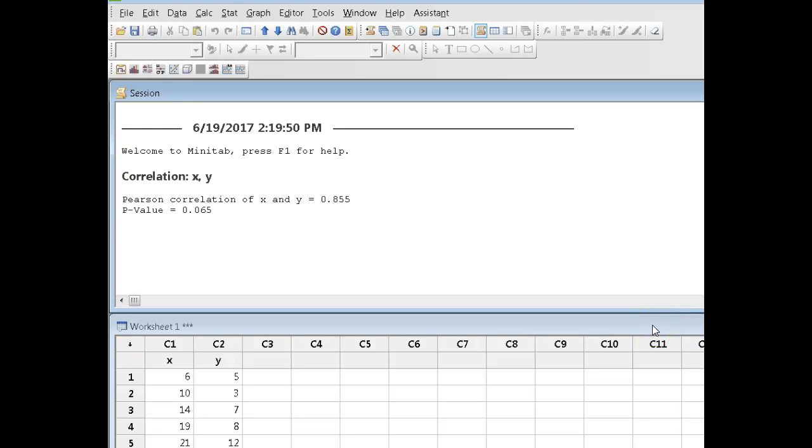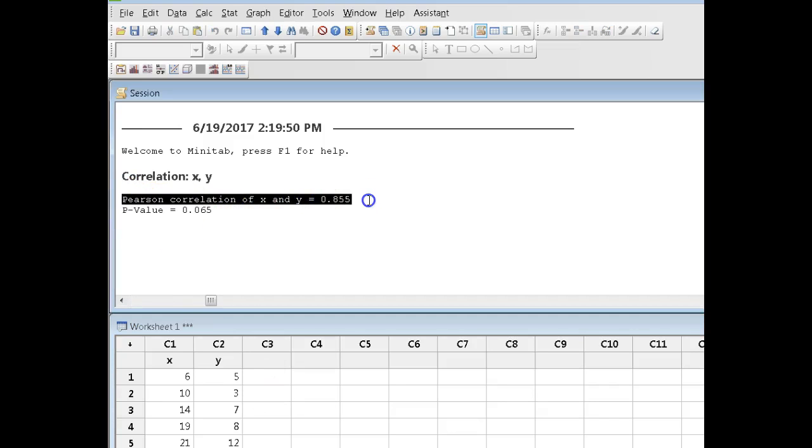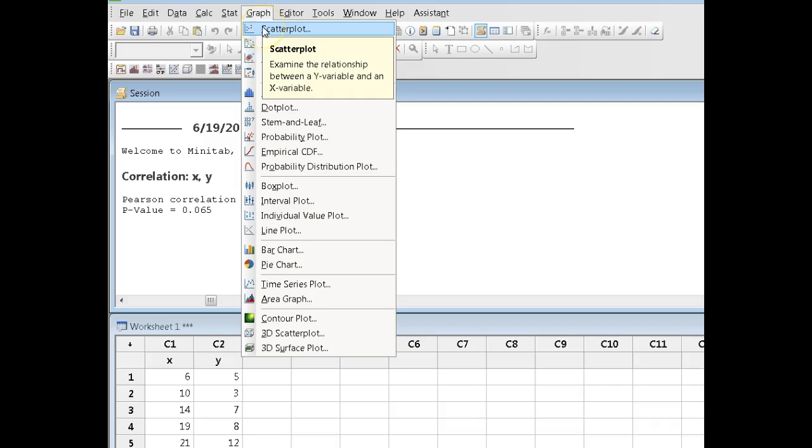Okay, we're again going to look at these data that we use to calculate the correlation coefficient. And we've got in column C1 the X variable, and in column C2 we have the Y variable. Generally speaking, whenever we get the Pearson correlation coefficient, as we already did right here, we want to look at the data themselves. And the way to do that is to get a graph, and the graph is called a